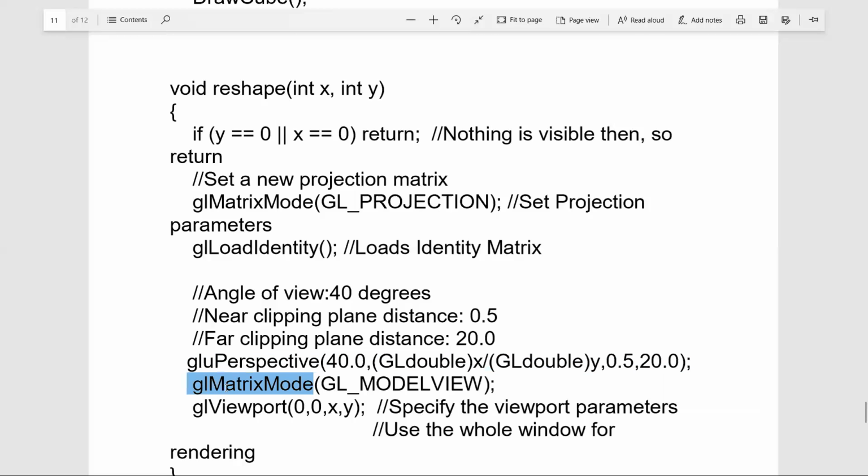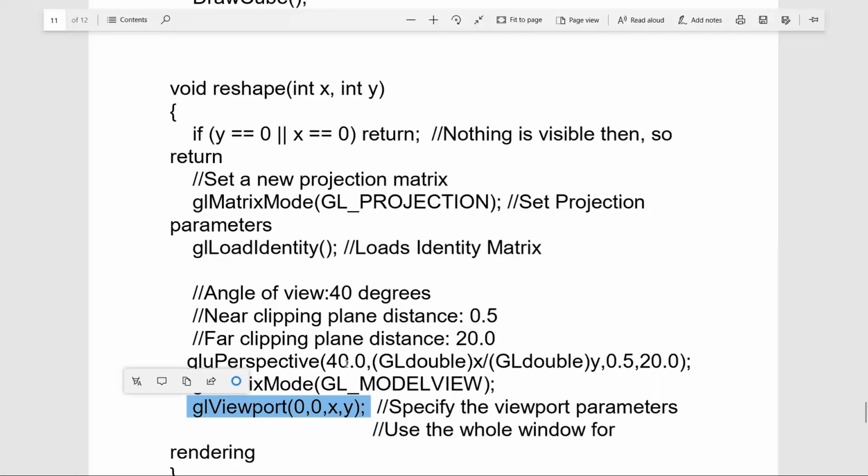The matrix mode is now changed. Earlier it was in projection mode. Now it is in viewing mode. So now the desired matrix multiplication should happen so that the viewing transformations are effective and the viewport parameters will be specified.